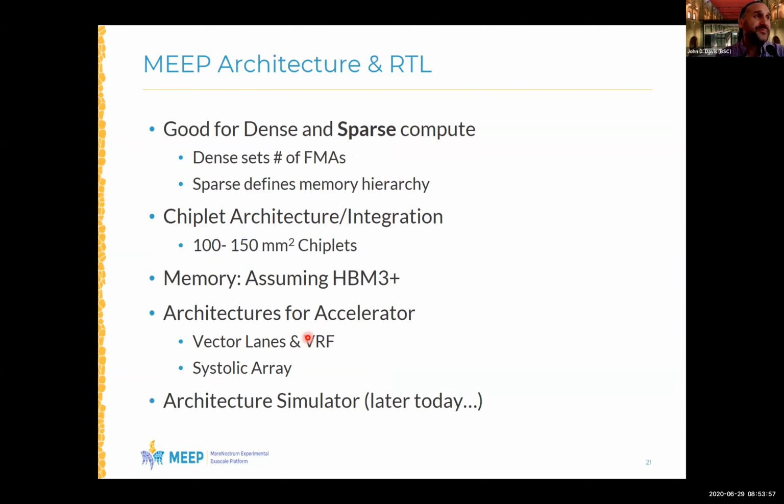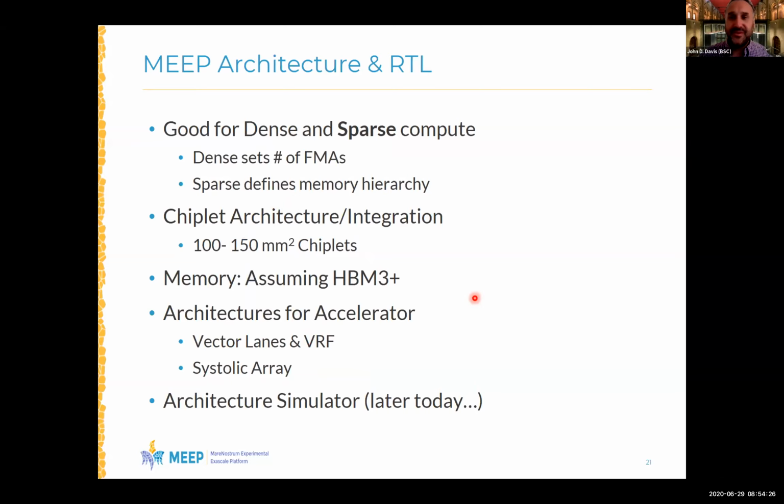From the architecture perspective, it's pretty straightforward, looking at both dense and sparse compute platforms. In that context, the dense side really tells me how many floating-point FMAs I have. On the sparse side, I'm really looking at the memory system and how that works. Targeting chiplets and HBM in the future, and that's what we see kind of driving technology, both from a scale perspective, integration perspective, and yield.